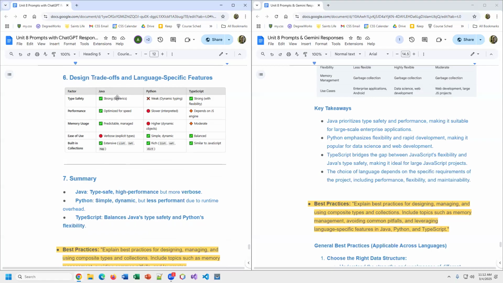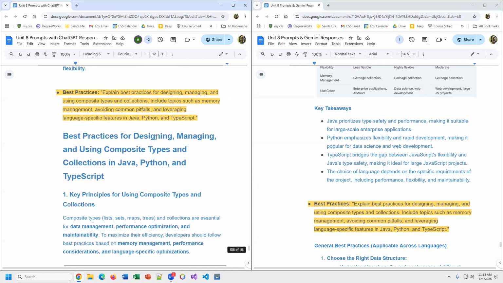Well, this one, I thought wasn't a bad thing. It's talking about the design trade-offs of these languages as far as type safety or performance. Now, this is talking about performance, and says Python is slower because it's interpreted. And I agree. But again, there are some libraries in Python like NumPy, which are very fast and often faster than Java or something like that could be. So depending on what you're doing, you can get better performance here. Okay, last thing is just